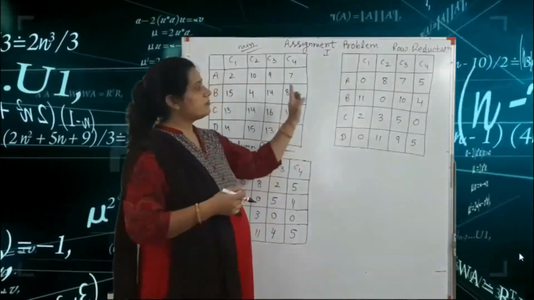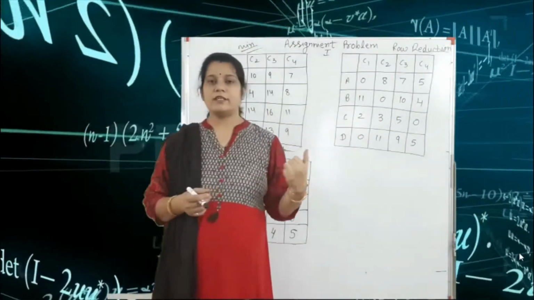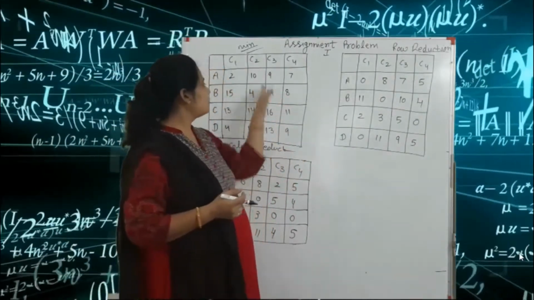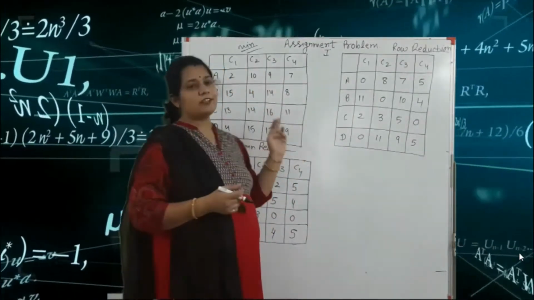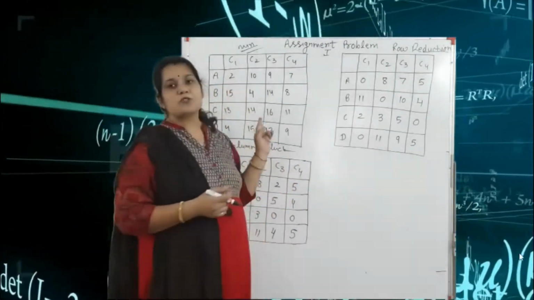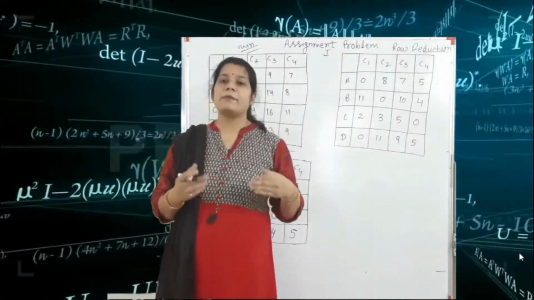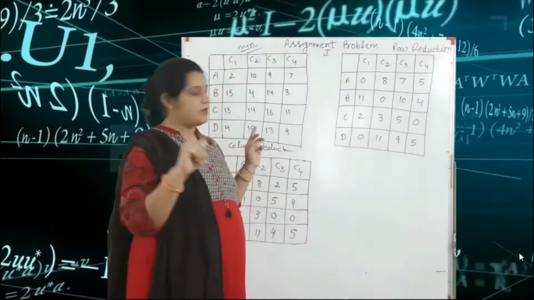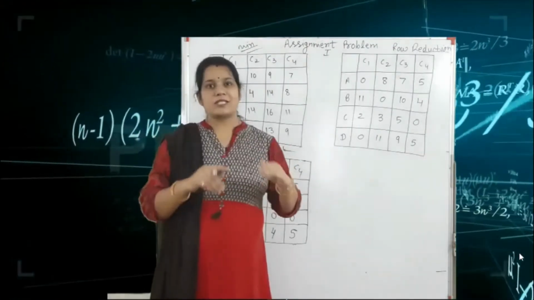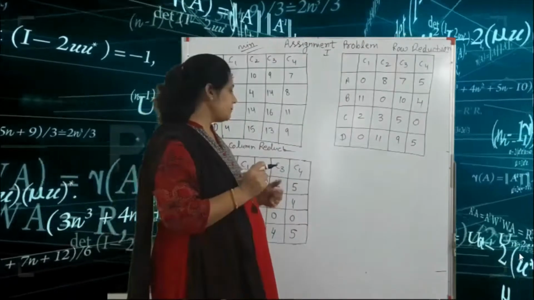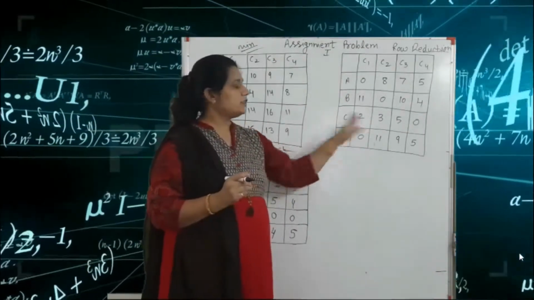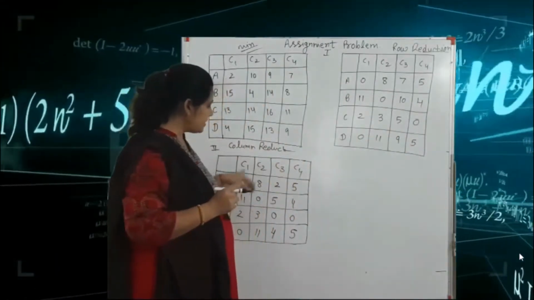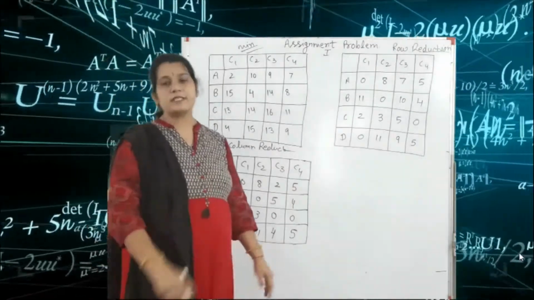After that, the second thing is we check whether the question is given in square matrix format. For example, in this question we have four columns, but only three rows, that means A, B, C. So first we make it a square matrix. Square matrix form means here we write a dummy row D1 with 0 0 0 0. This converts it into the square matrix format. Then we do the row reduction, that means every row has at least one zero, and every column has at least one zero included.